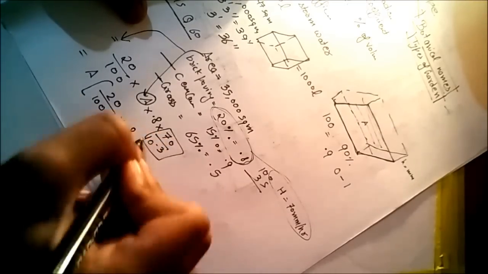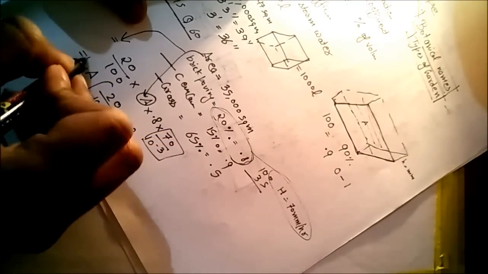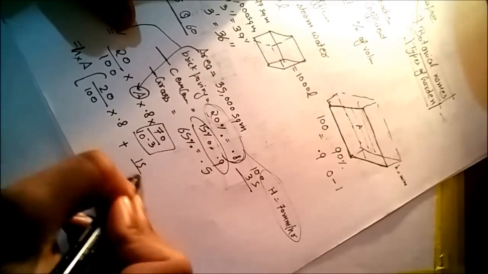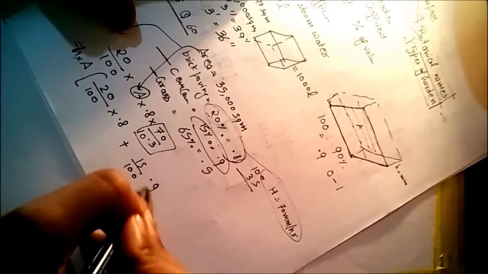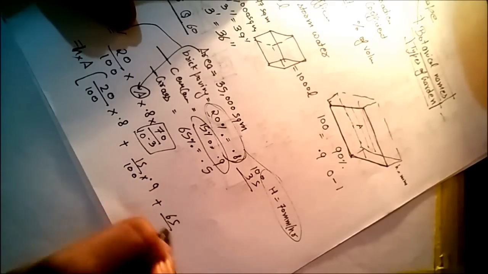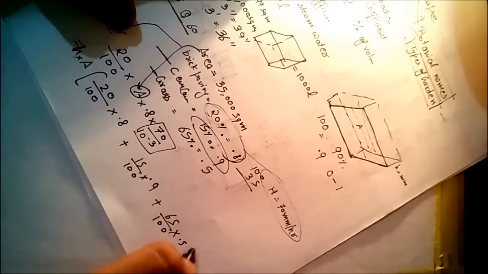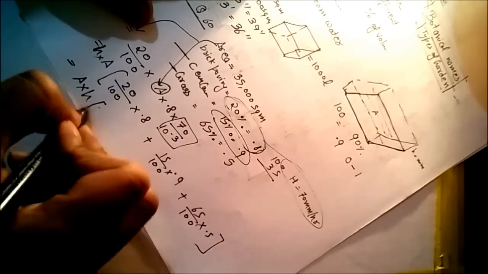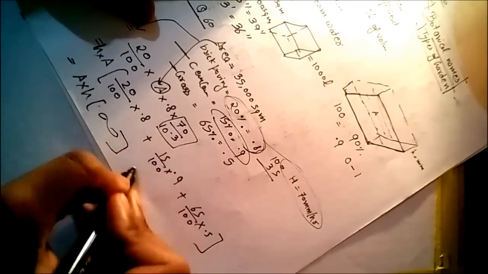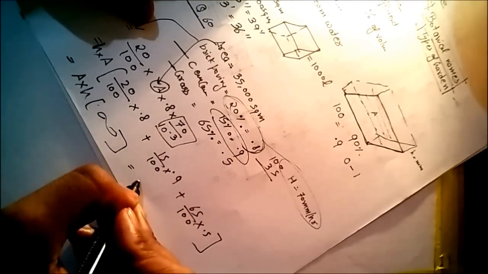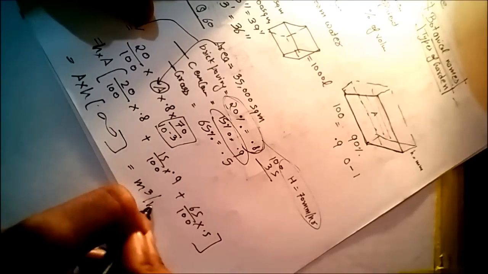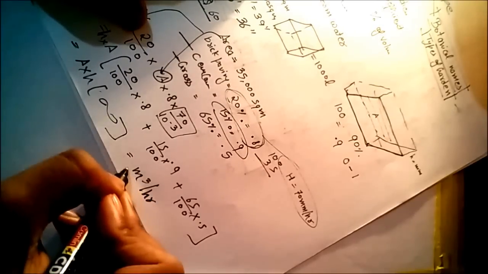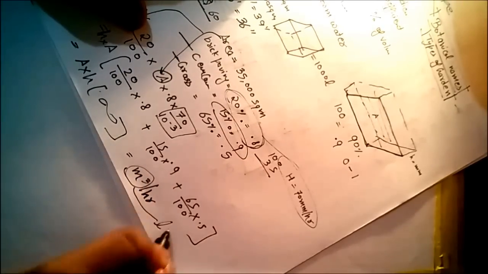Okay, HP we can take common, H plus 15% into 0.9 plus 65% into 0.5 A into H, and we can solve this and we will get answer in meter cube per hour. Or if they are in liter, you can convert meter cube into liter per hour,